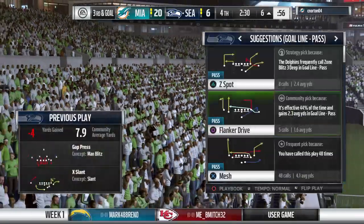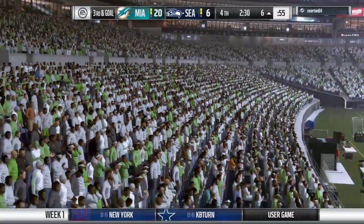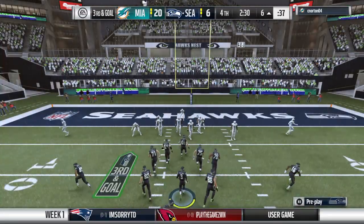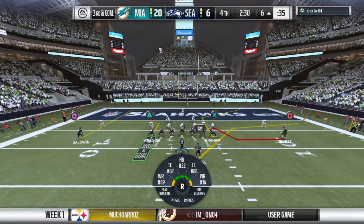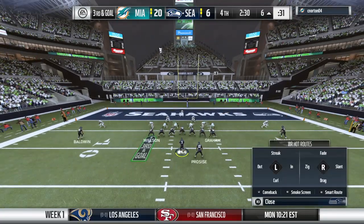Now whistles come in. We're going to get a timeout here by the offense. It's just their first. They'll be down to 2 remaining as we step aside here in the 4th quarter. They got to have 6 here. It's 3rd and goal. 14, trying